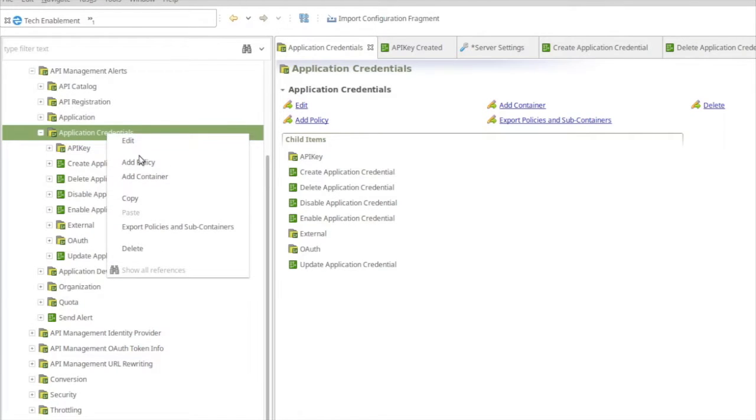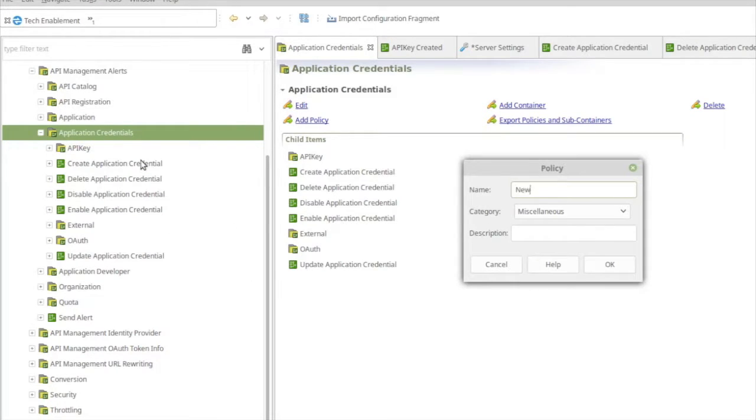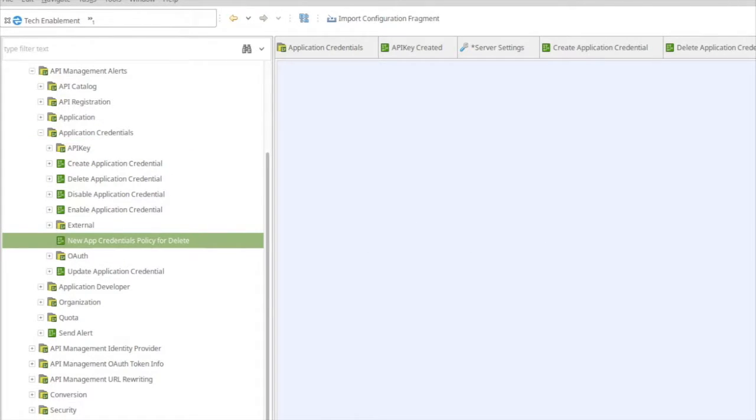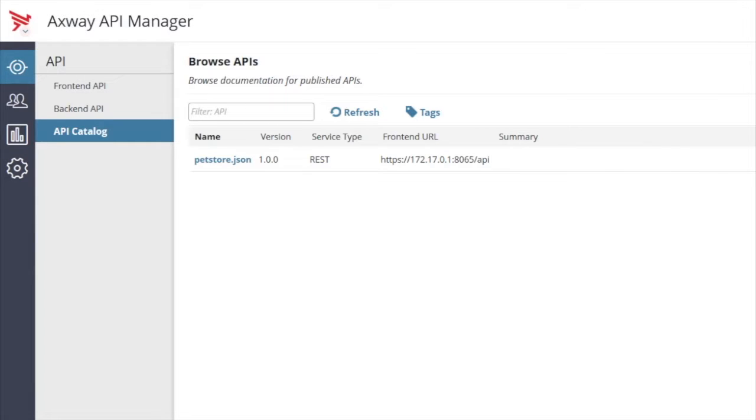Application credentials alerts are fully configurable. Policy developers can write policies that will be invoked when application credentials are created, updated, deleted, enabled, or disabled. API administrators can enable or disable alerts for application credentials so that the configured policies get executed when the specified